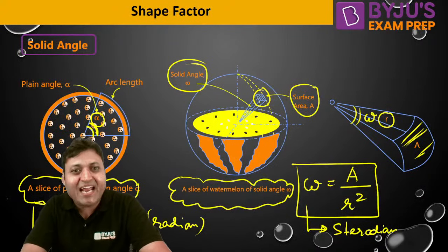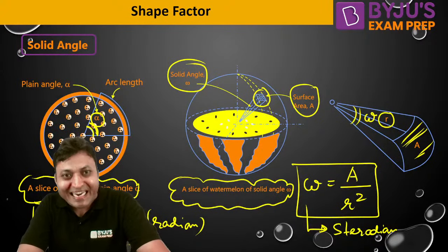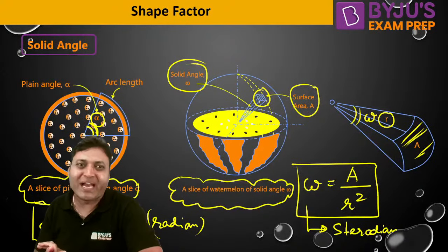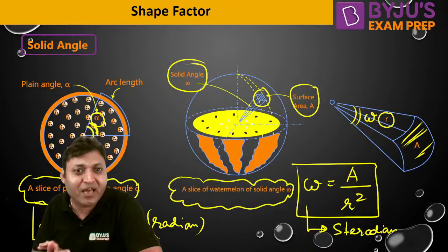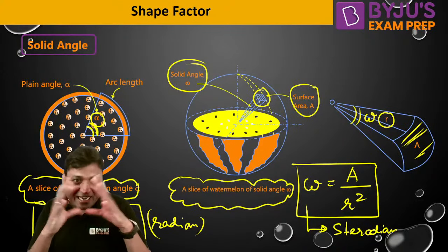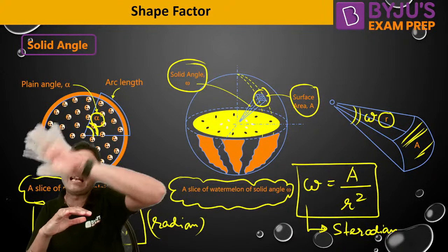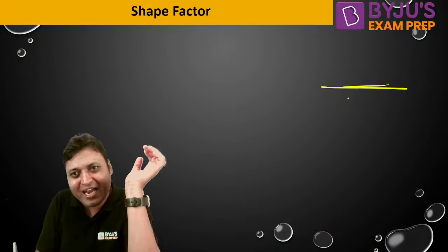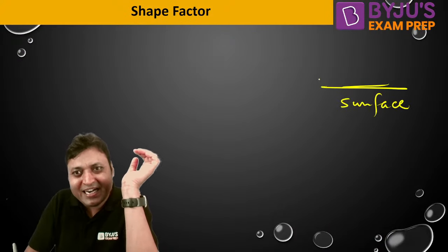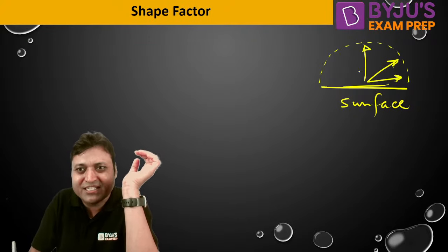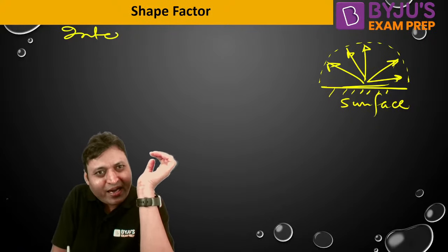Now, if we integrate this intensity over a hemisphere, why do we need to integrate it over a hemisphere? Because the electromagnetic waves are radiated by a surface in the hemispherical region over the surface. For any surface, it is radiated in the hemispherical region over the surface. This is how the radiation is radiated by a surface. So if we integrate over a hemisphere,